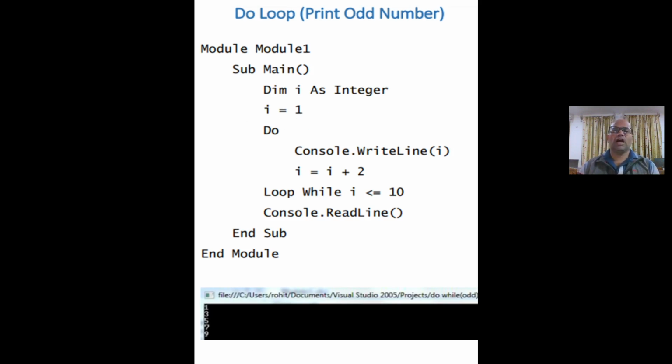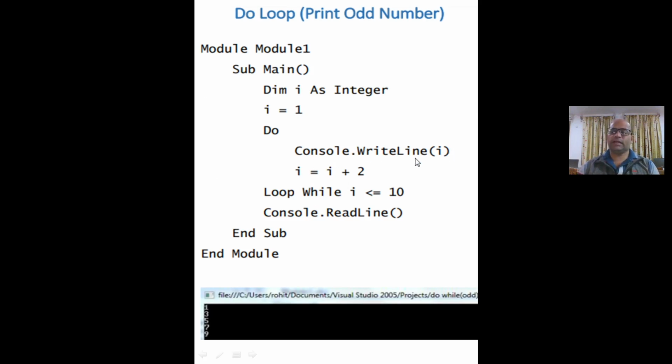Now after that we will start the do loop with the Do keyword. After the starting of the do loop, firstly we will execute the statements specified between the do keyword, like Console.WriteLine(I).